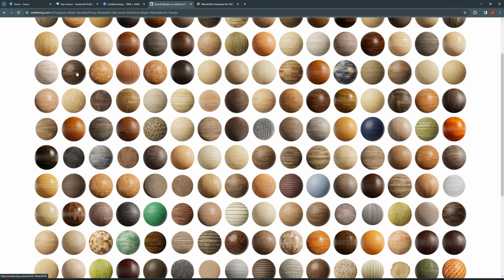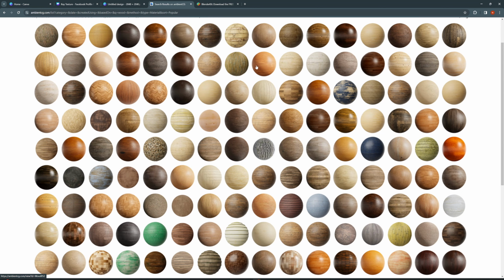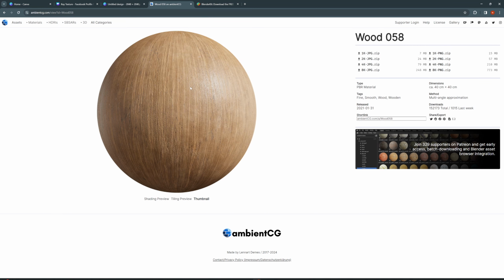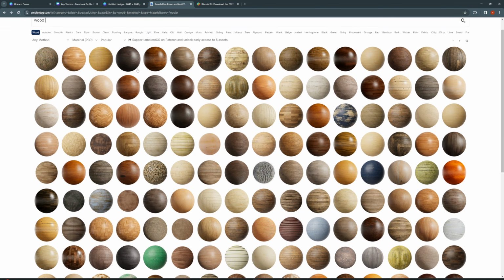This is an amazing company. You can donate to them if you want to support them. They do really amazing stuff. So this one looks really good to me. It kind of looks like a scratched wood top desk, or any of these that you like. You can basically download the file, import it, and then